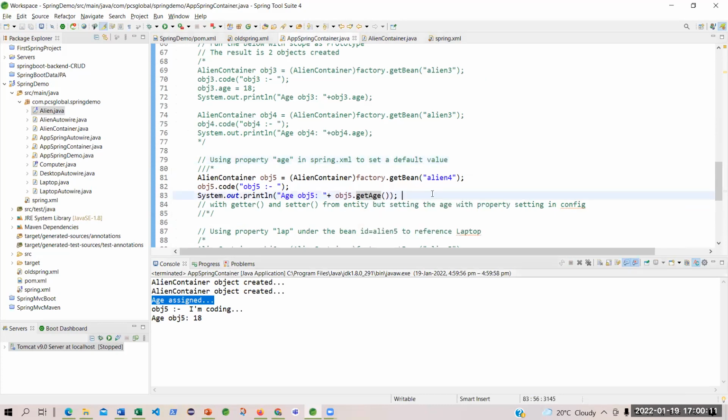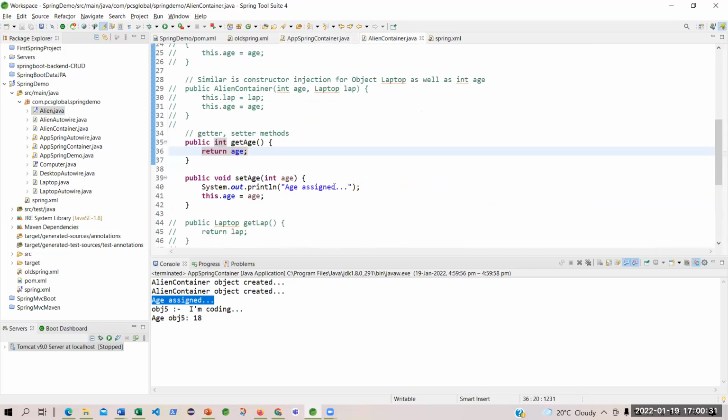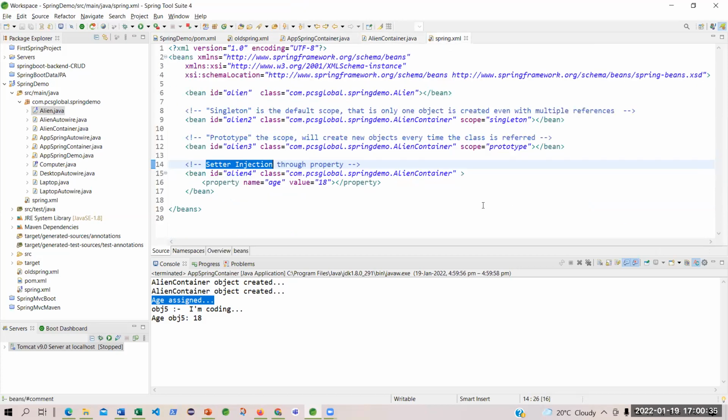So this is the getter and the setter, because what you have done in the meantime is use property age in spring.xml. Now if the company decides that the minimum joining age should be 21 years, then where do we change? You change in one place.